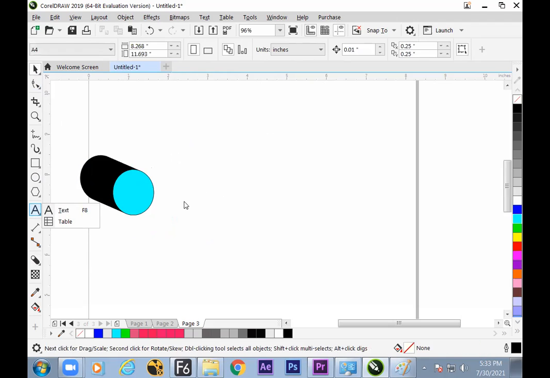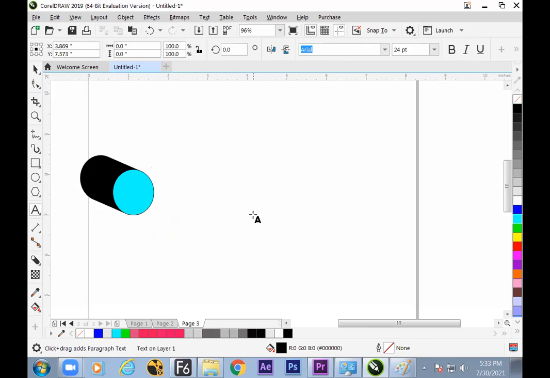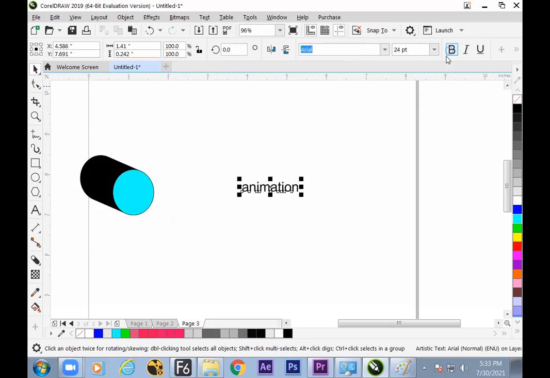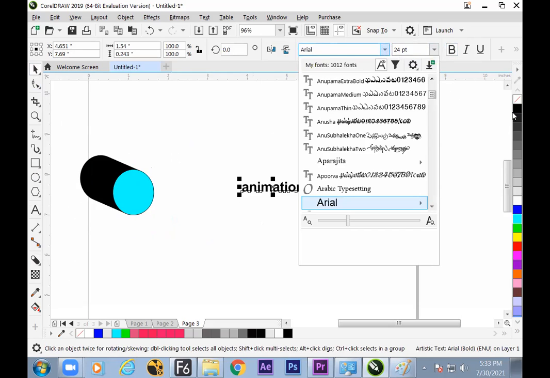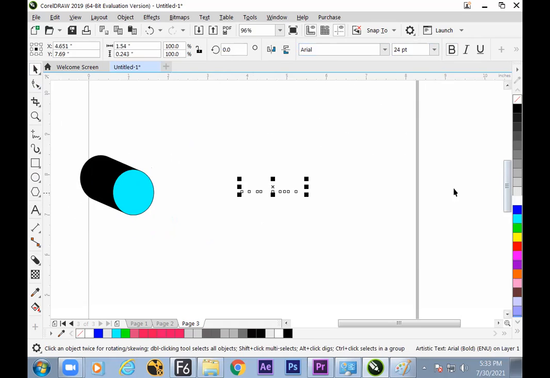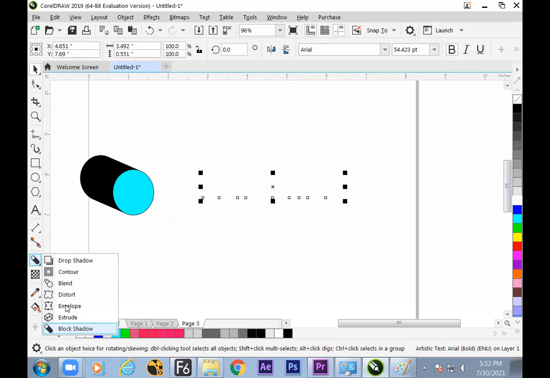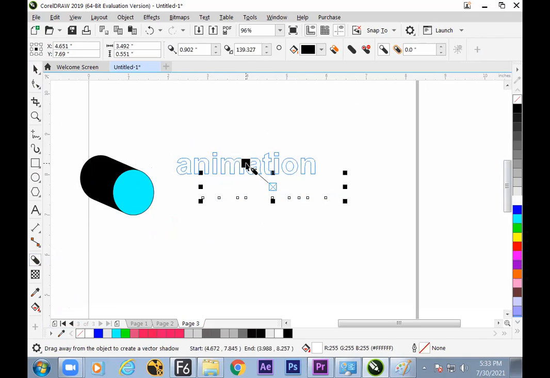So let us take text, animation, bold. Get it in white color, increase the font, and go for, what is the feature? Block shadow. Now drag it up.